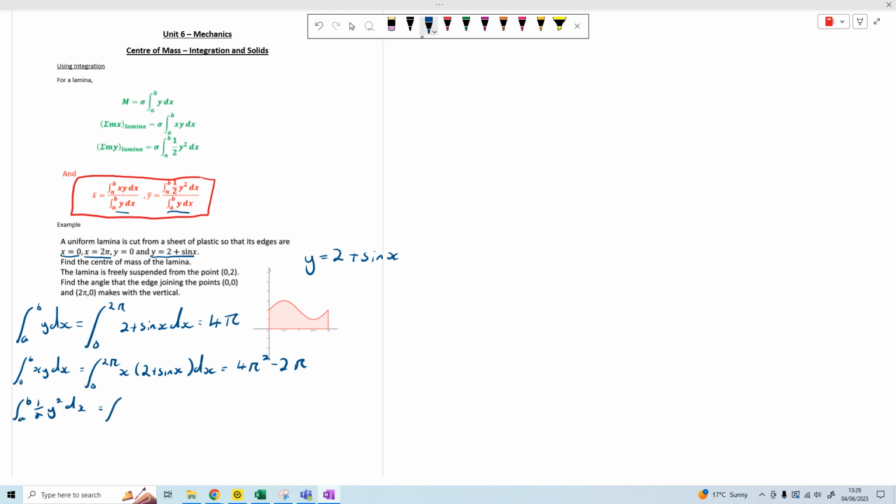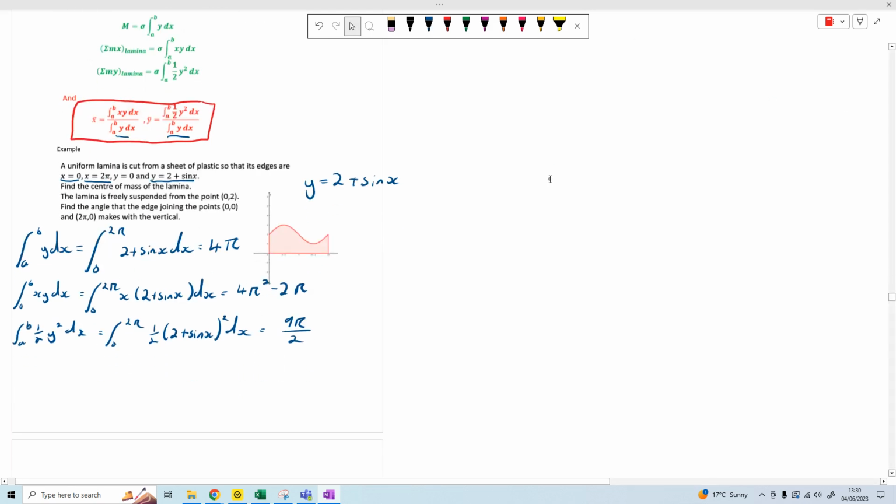And then that's going to be the integral between 0 and 2 pi of a half, 2 plus sine x all squared dx. Okay, and that's going to come out as 9 pi over 2. So there's all my components. I need to go away and find those three bits first, and then I can just plug them into the formula. Okay, so my x bar